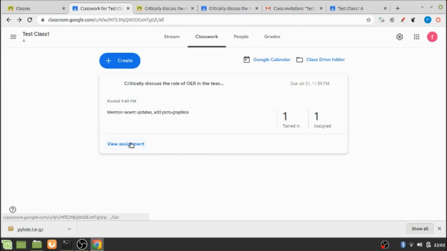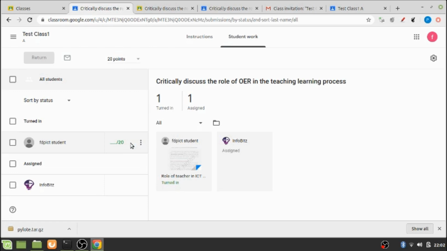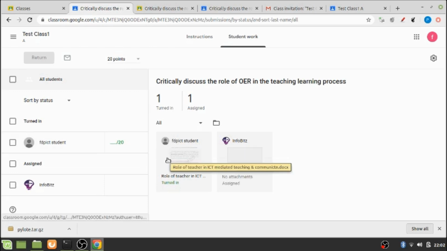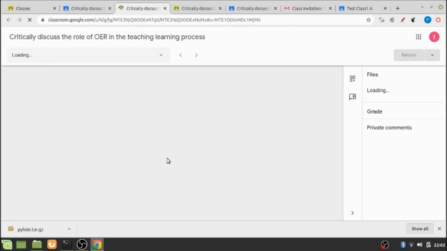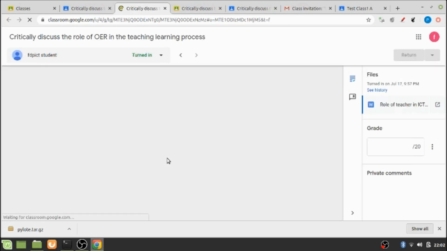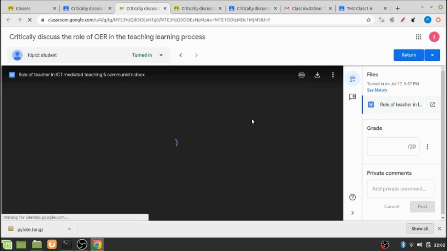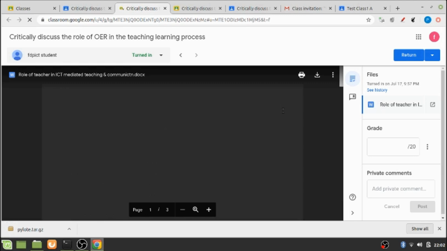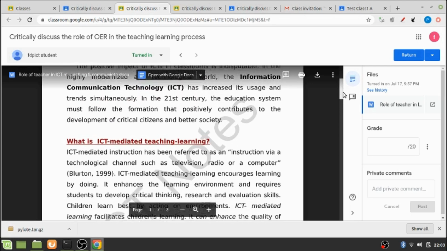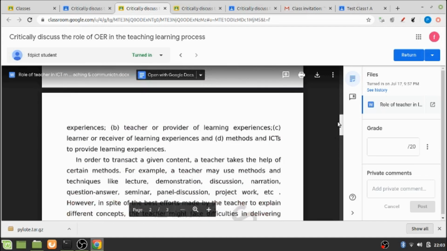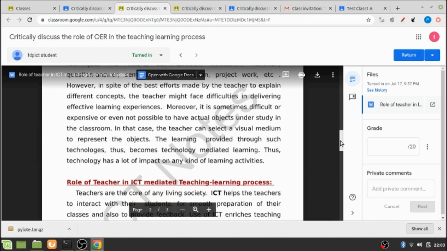Now if the teacher clicks on View assignment, he will see the file that has been uploaded by the student as a reply to this assignment.